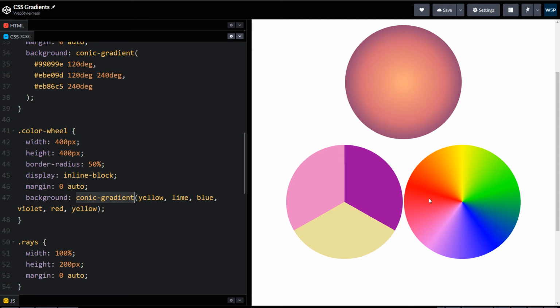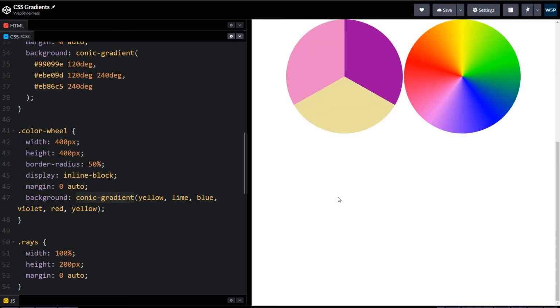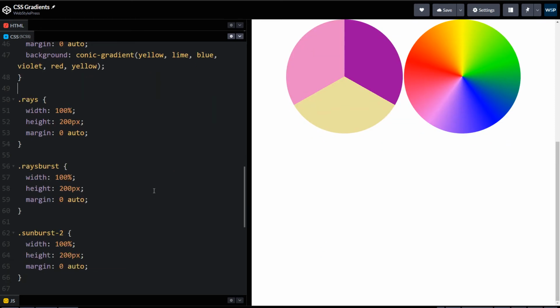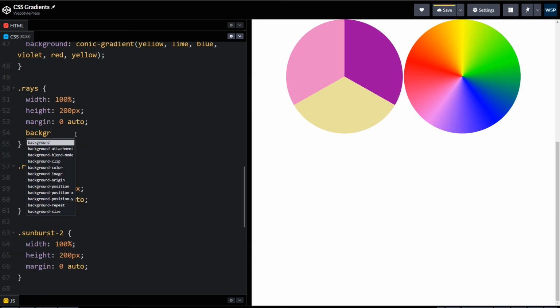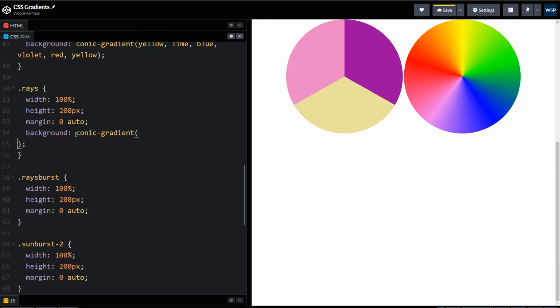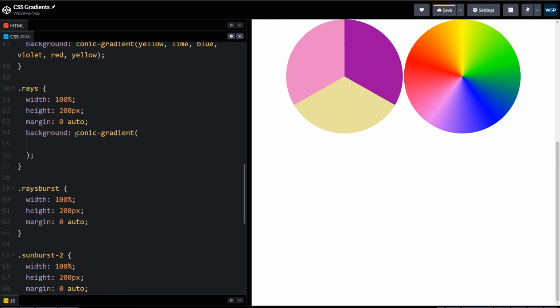Not just shapes, but by using repeating conic gradient, we can also create amazing background patterns like rays of light. Background: conic gradient. We used conic gradient.